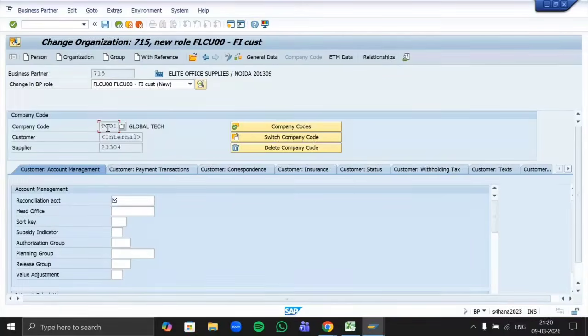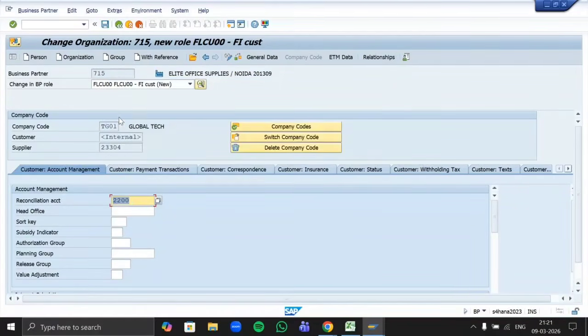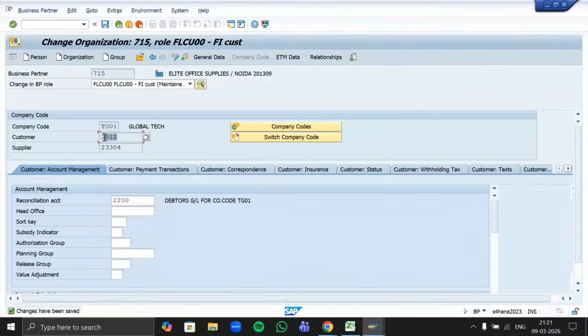Now as it's a customer, customer total will be reflected in which reconciliation GL? In the debtors GL. So here in the reconciliation account, go to the search option and pick your debtors GL and save this. So here under customer field, you can see one customer ID is generated as 2012.